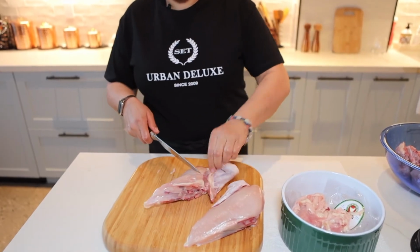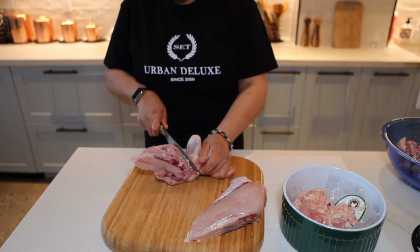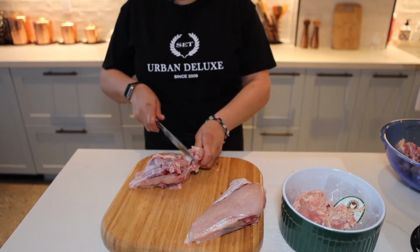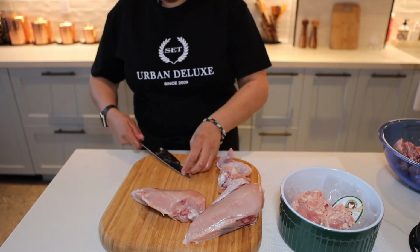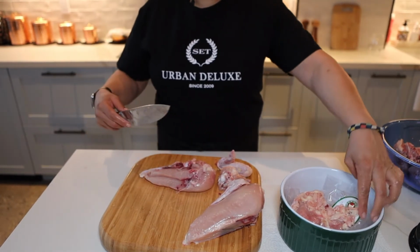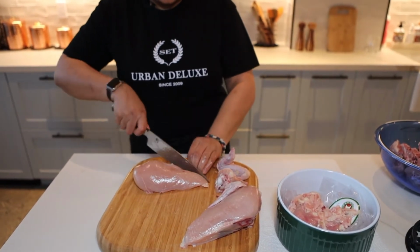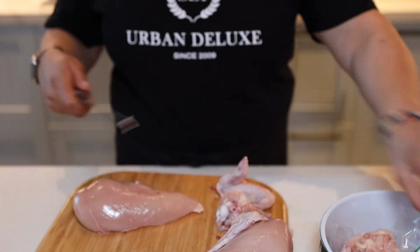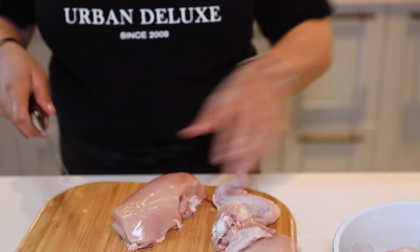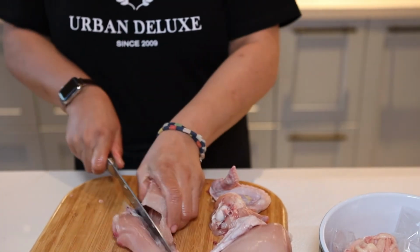Okay, now let's take out this. So if you just bend the chicken back, the bones will naturally separate for you. Including here. Chop that away. And then what I like to do is actually pull away this tender where the bone is, away from the rest